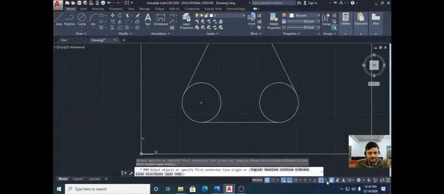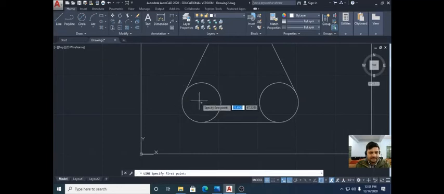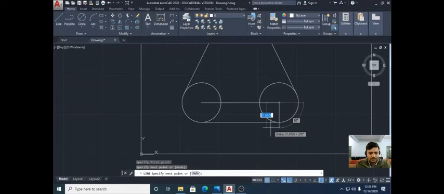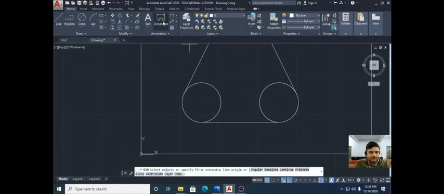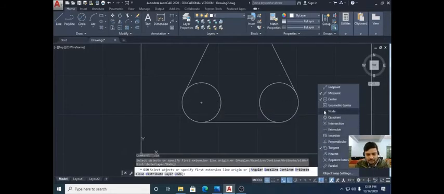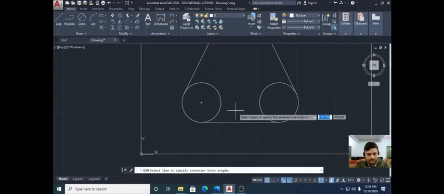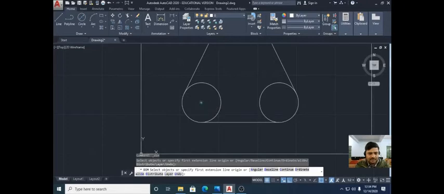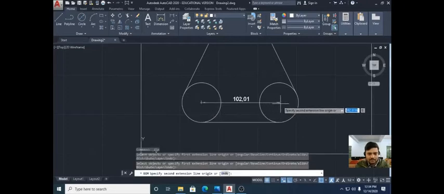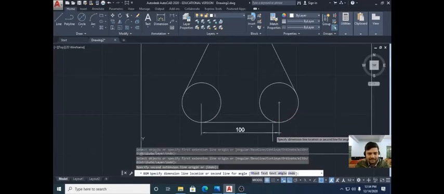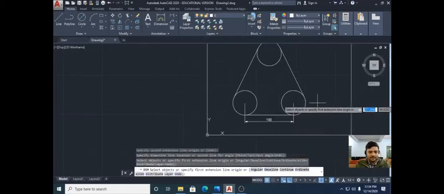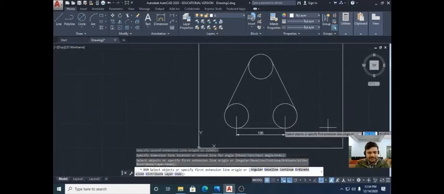Okay. Press the line, and you will see that the center is blinking. Wait, we have to do the dimensioning part. Press onto the dimension, geometric center, endpoint, keep it on. Now it is blinking to you. It is also blinking to you, and mark it 100. Okay, you can see that the dimensioning is done very easily.